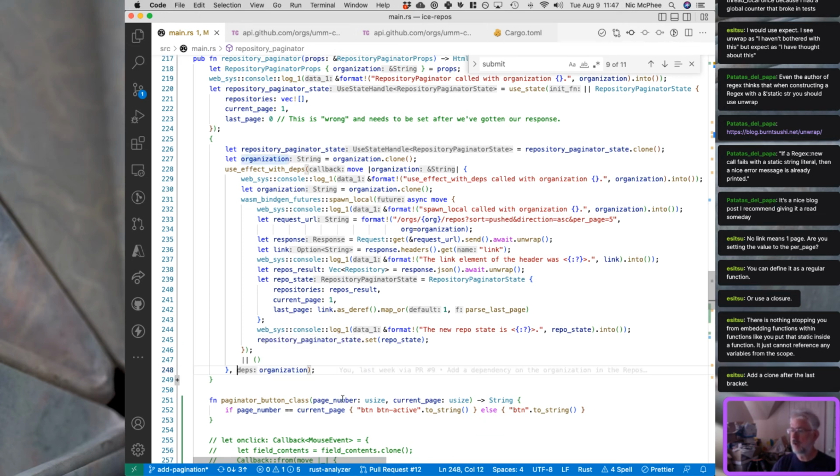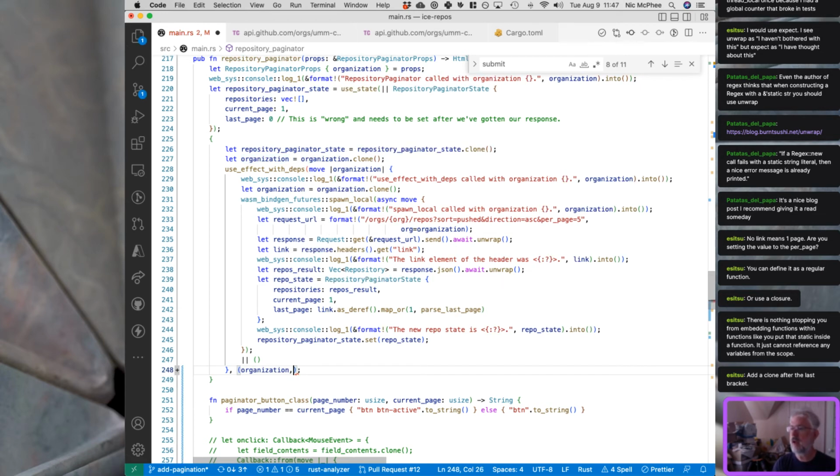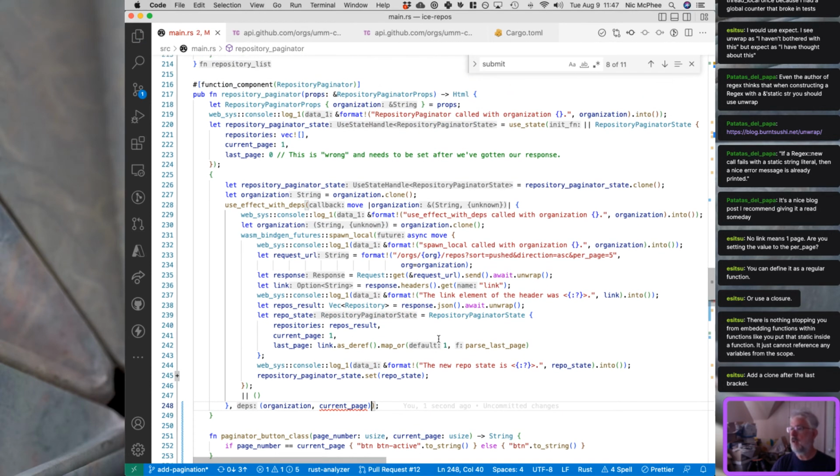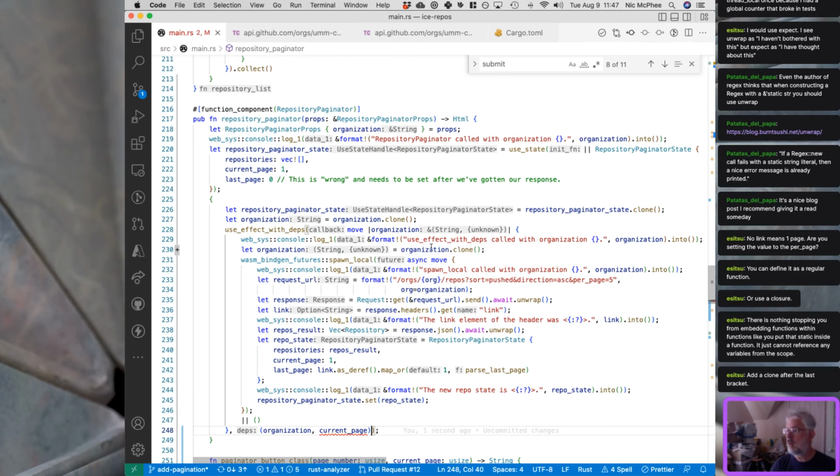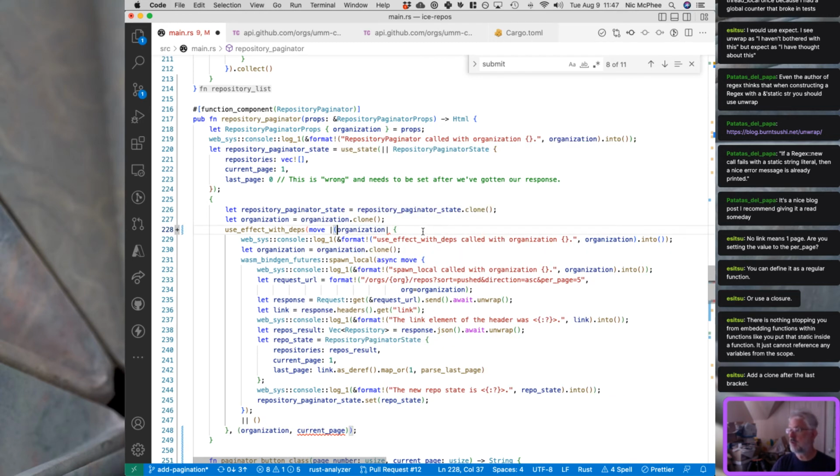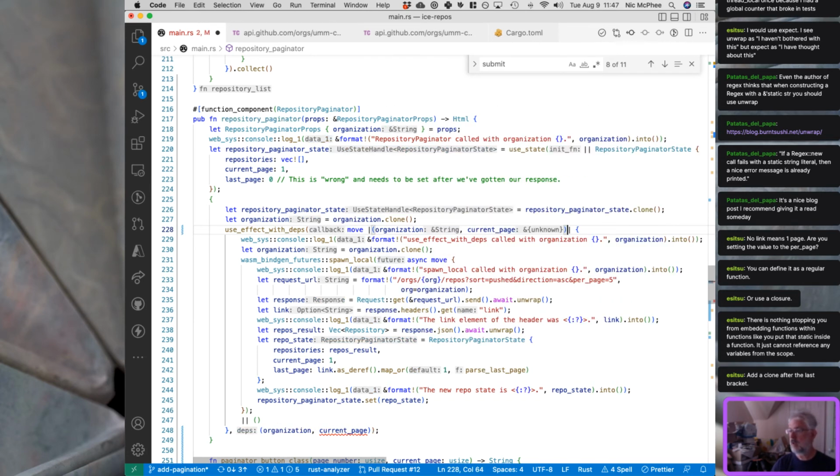Okay, so we would say we're going to depend on organization and current page. And now this move is going to have to become organization, comma, current page,